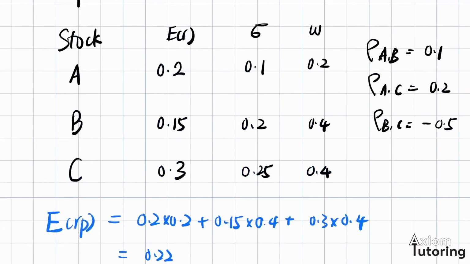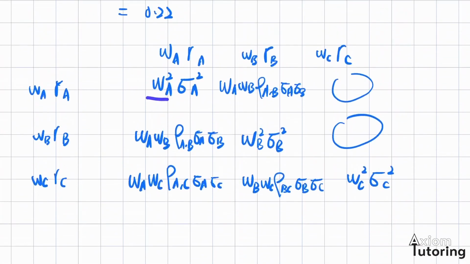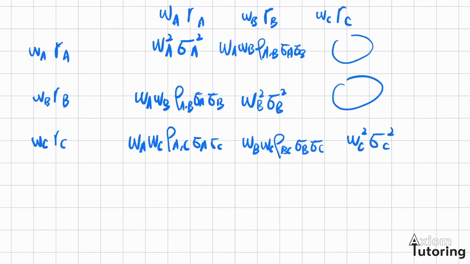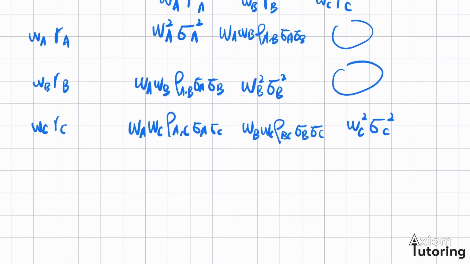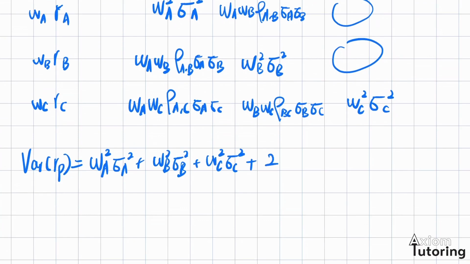I know WA, which is 0.2, WB and WC, which are 0.4 and 0.4 here. Okay, and row AB, row AC, and row BC, they're already given. Okay, so let's just write it down. So I would end up with the variance of the portfolio being WA squared sigma A squared plus WB squared sigma B squared plus WC squared sigma C squared plus, okay, and then it's going to be a lot, 2